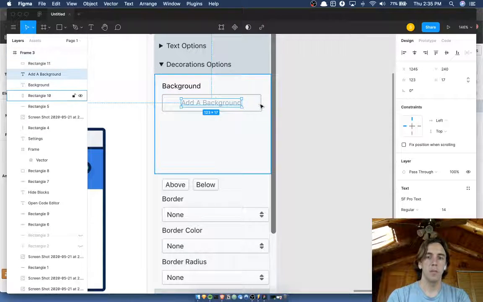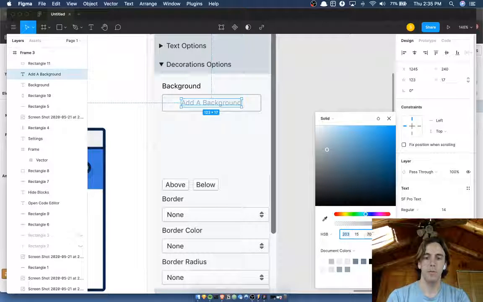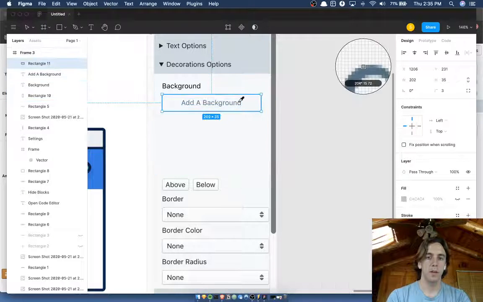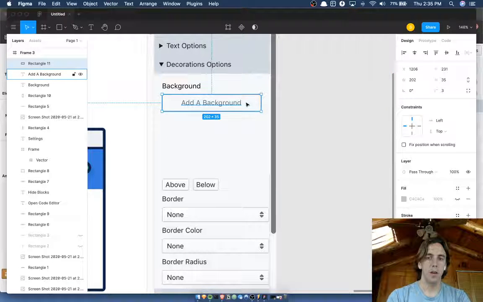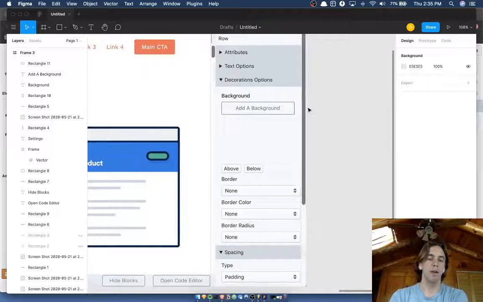Of course, this isn't perfect, and I just don't want to spend too much time trying to find a perfect color scheme and whatnot. But what we can do that's a little bit darker, that'll work. We can have a button to add a background, let's say,